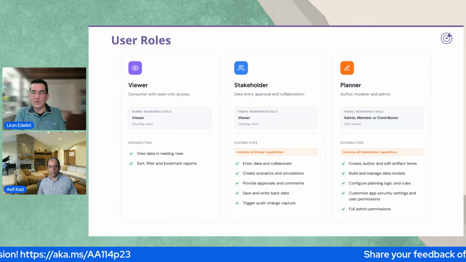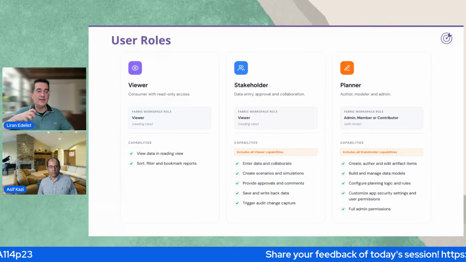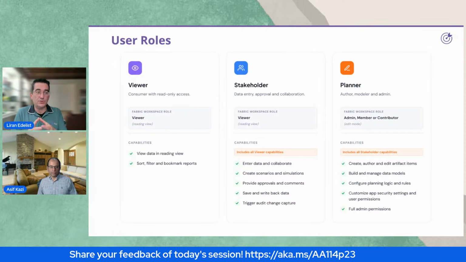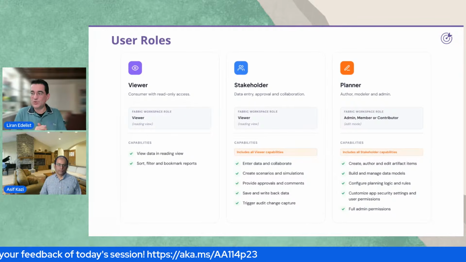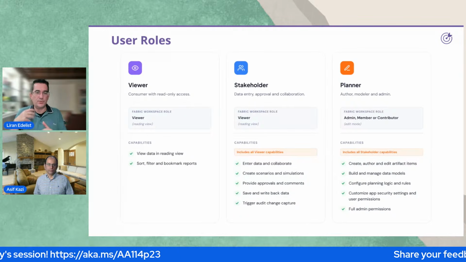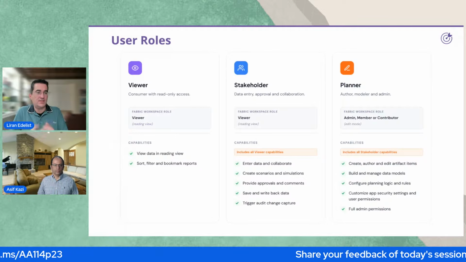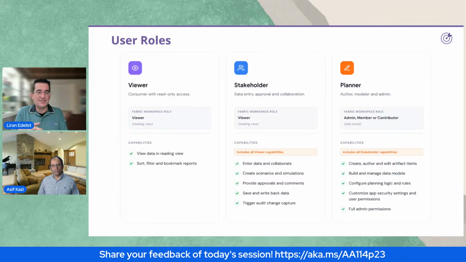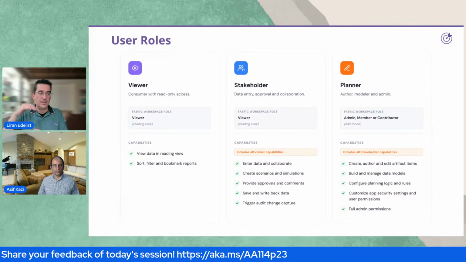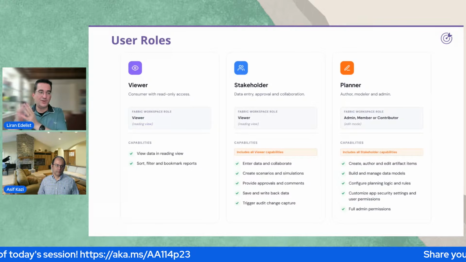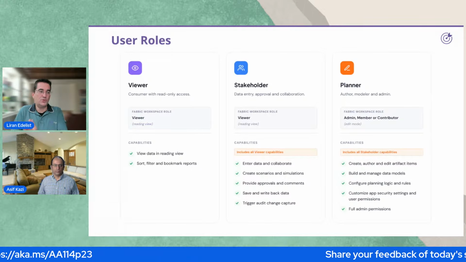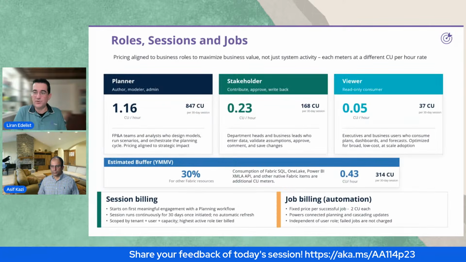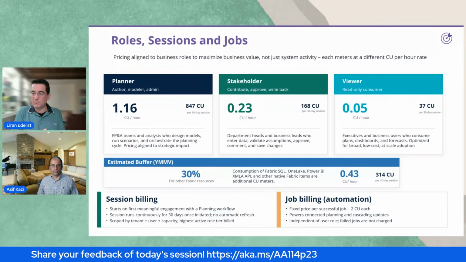So we have 3 types of users. One is the viewer. The other one is a stakeholder, who puts in some data and creates commenting information, so a stakeholder is literally a data entry user. And a planner, let's call it the super user, is the one who creates reports, can moderate forecasting, close period, open period. So there is a lot of customization and system admin work. The planner is the most capable user. Not all users are planners in most cases. Those are the 3 types of users, and it's all based on consumption.